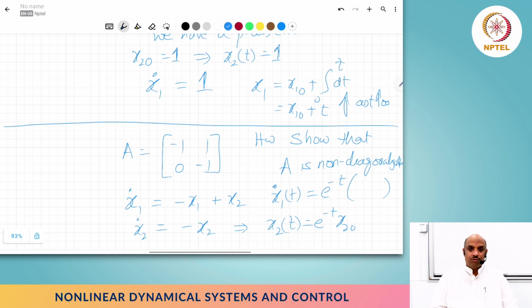But for now I will give you an intuitive reasoning why I think that this is not a problem. At some point this x2 is going to be very small, right? If x1 dot is going to be small enough, that may take this away, but this is continuously getting smaller